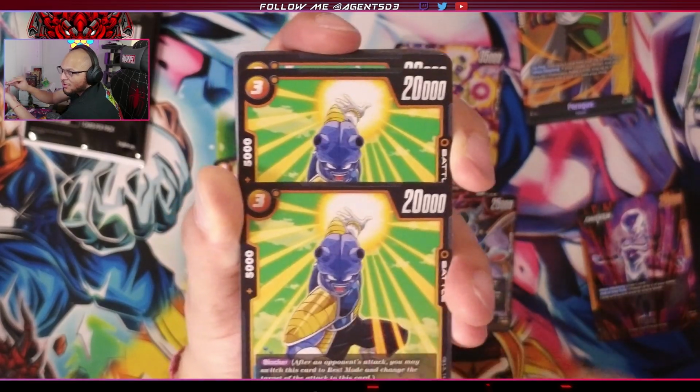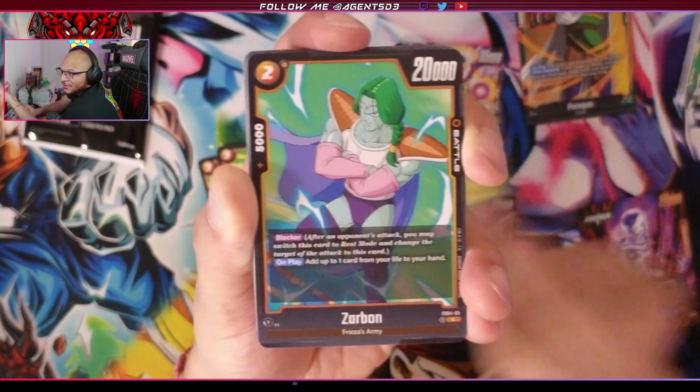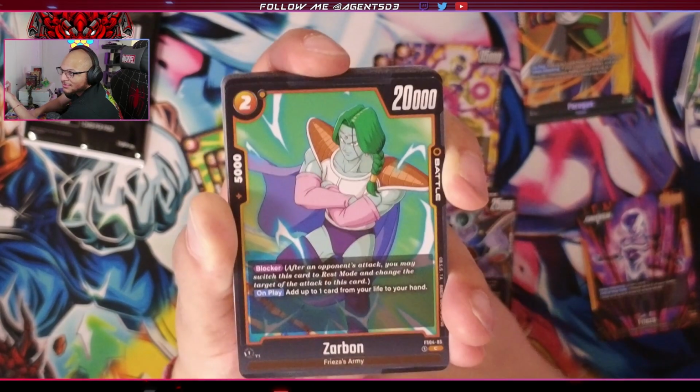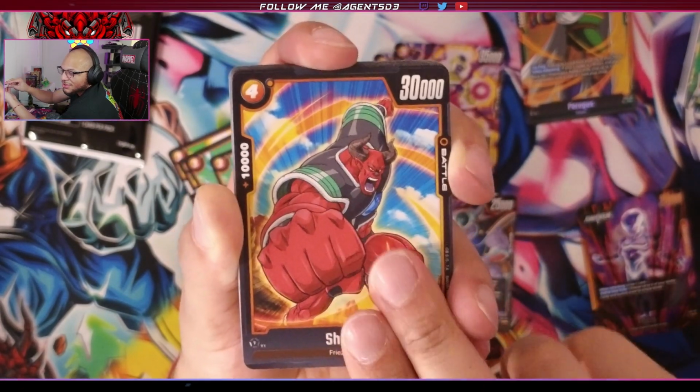Then when he's KO'd, you draw a card. You have Zarbon, another blocker. On play, add 1 card from your life to your hand. Shisami,